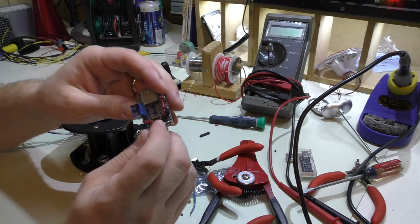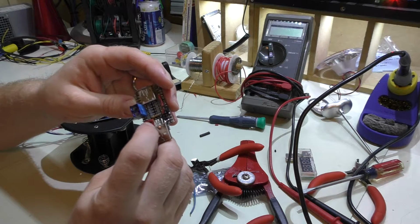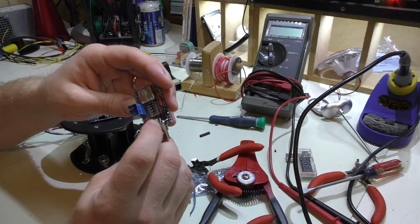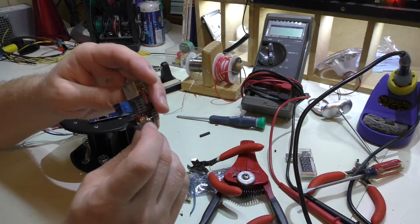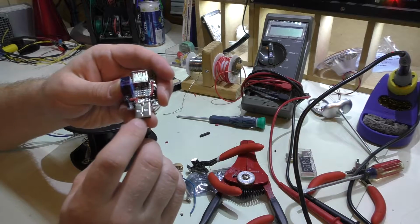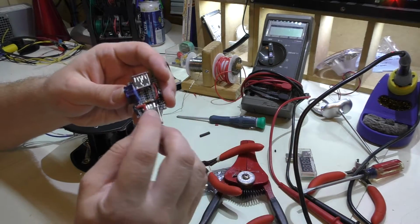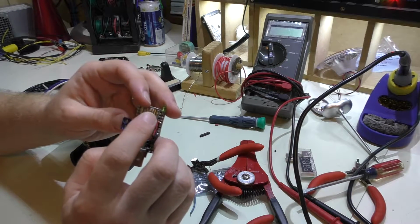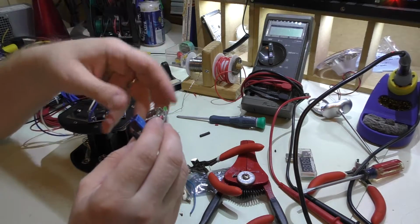So I just desoldered it, and I marked with a pen the black and red, obviously positive and negative, and the green and white terminals. I just use a green marker and the rest of it's white, and those are the data terminals. On the male side, we'll call it, the side actually you plug into the device, I left them completely disconnected. But on the socket side here, the side that you would plug your wire or your charger into,